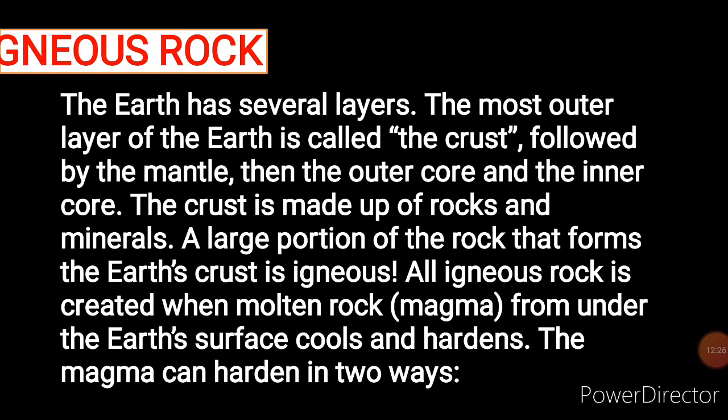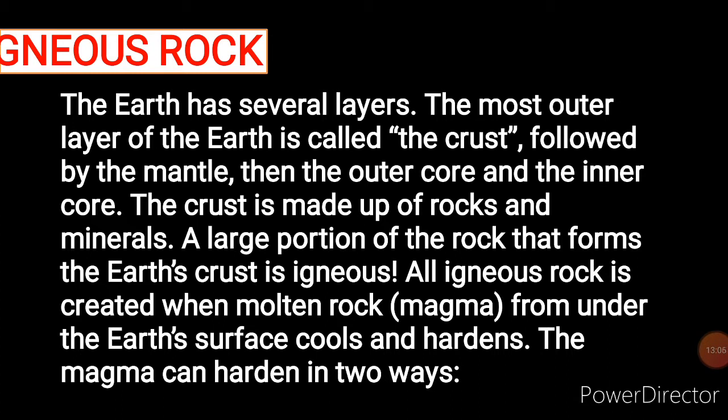The materials are arranged in layers. The first and innermost layer is what we call the core of the earth, and it is made up of iron. The next layer we have is the mantle, which consists of rock. I'm going to be talking about this rock. And then you now have what?